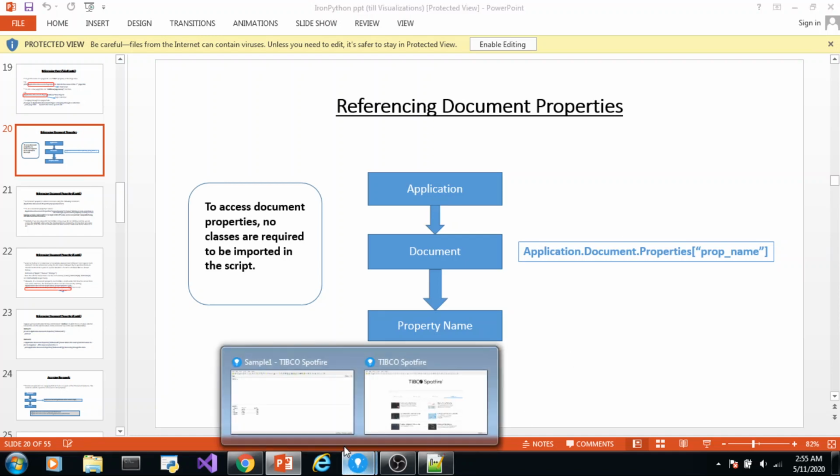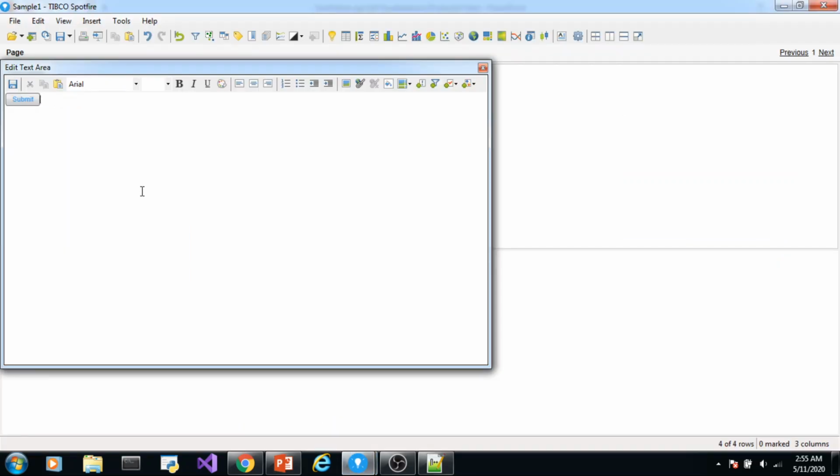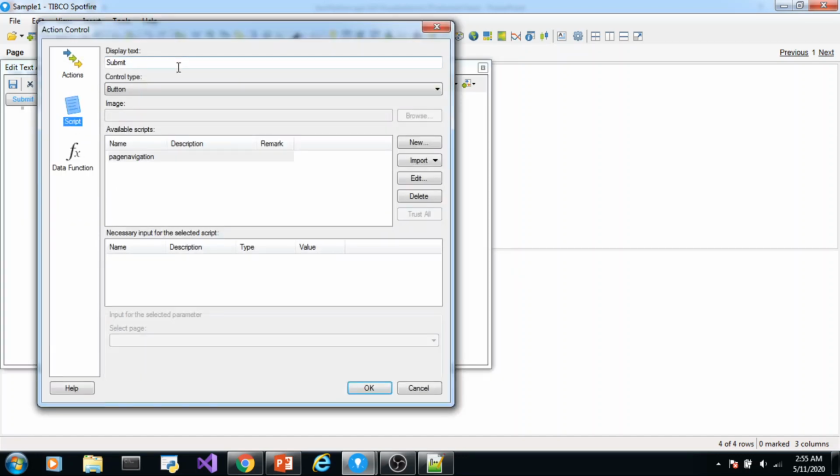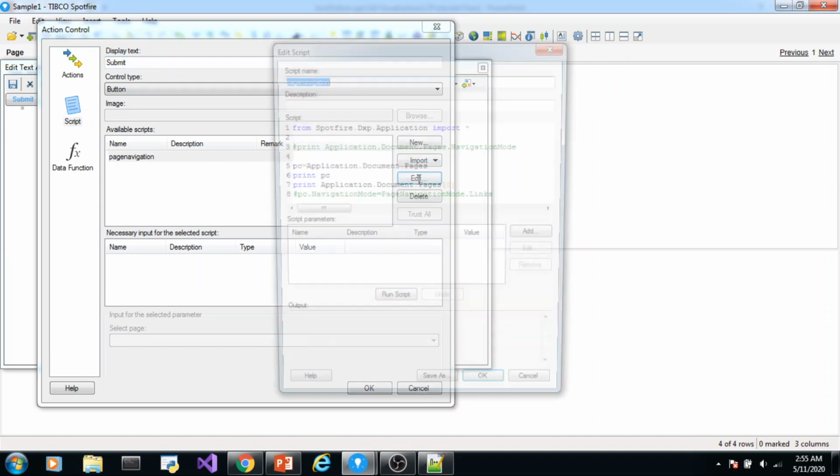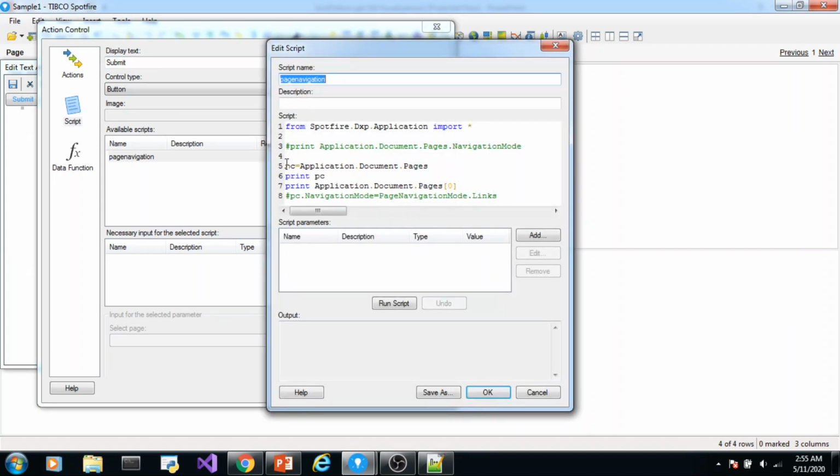Similarly here we can access it. Suppose we use the same script. We created one property called Doc prop. Let's comment these lines out. Okay.